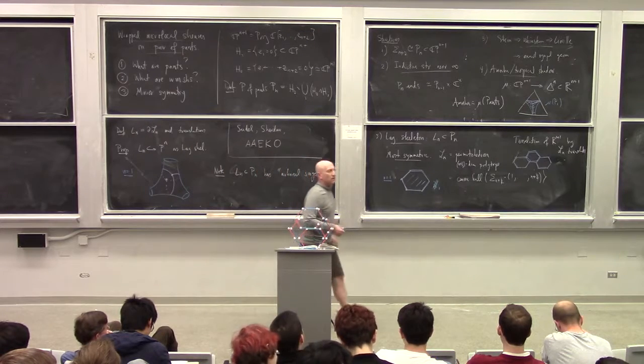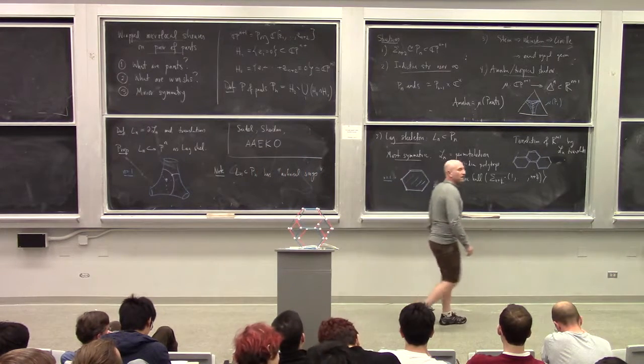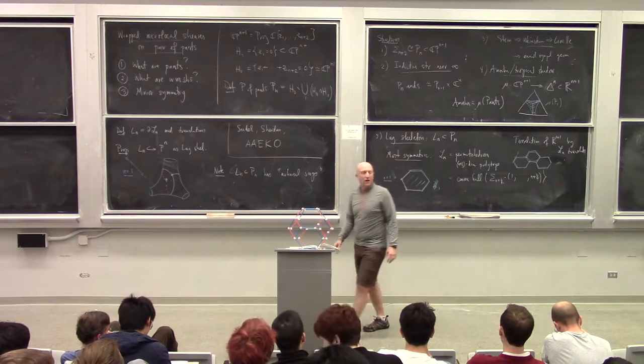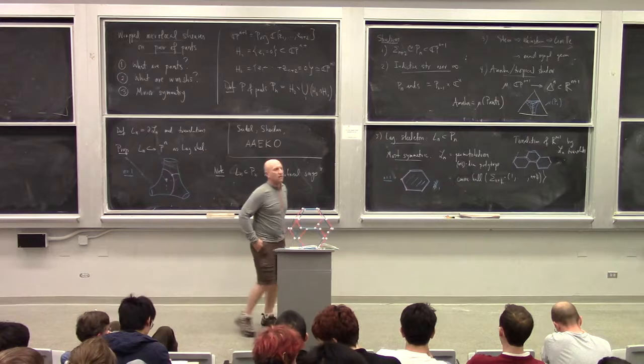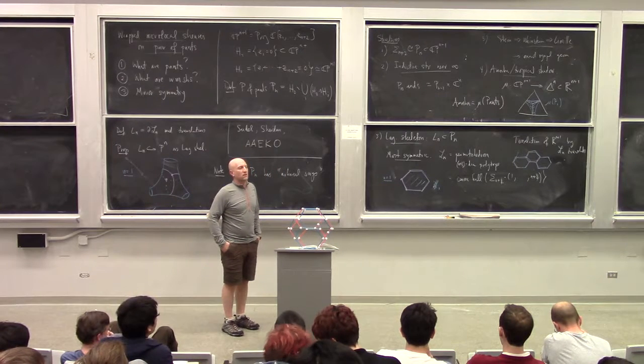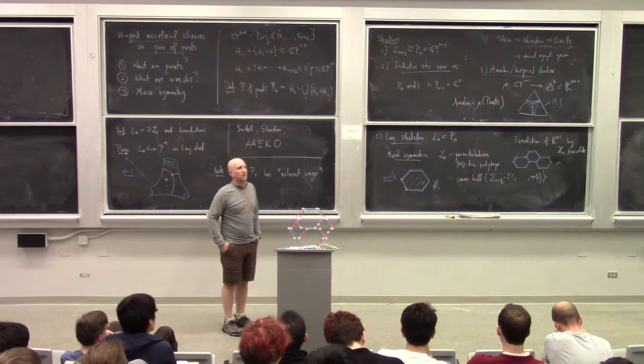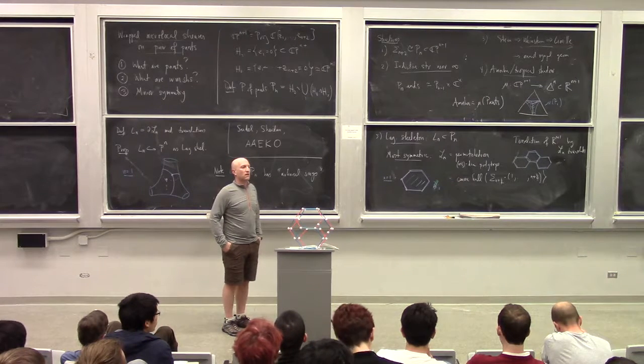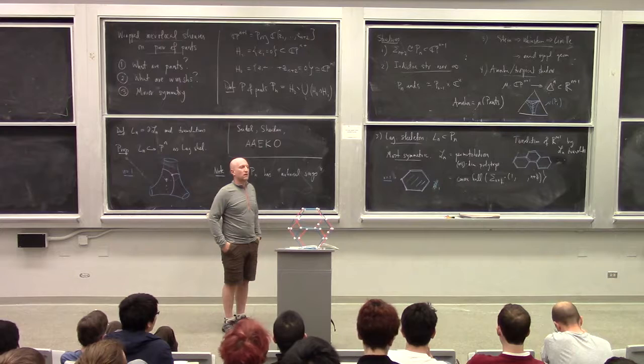My understanding is that the original point of the pair of pants was that you can degenerate any open hypersurface to something glued out of pairs of pants. That's right. But you're analyzing the pair of pants using a smaller building block. Yes. So why is it interesting to degenerate to pairs of pants? Why not just degenerate an arbitrary thing all the way down to the smallest building blocks?